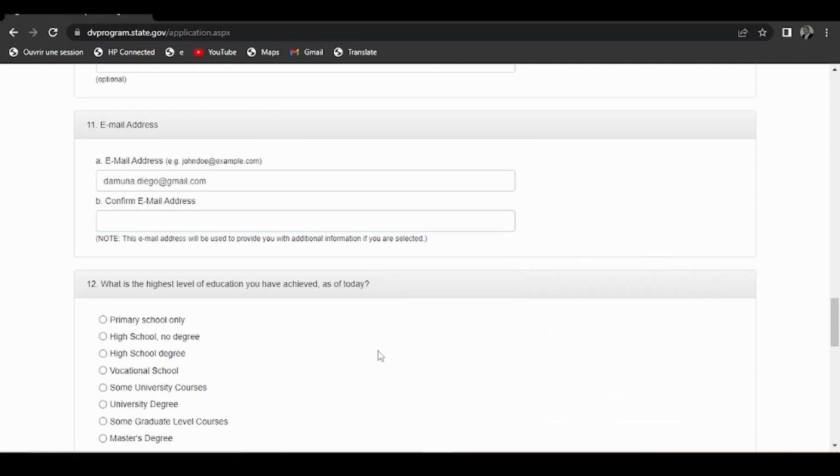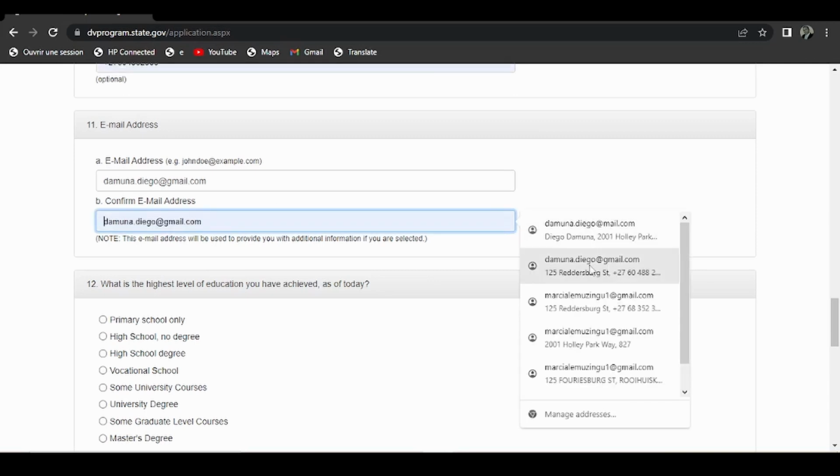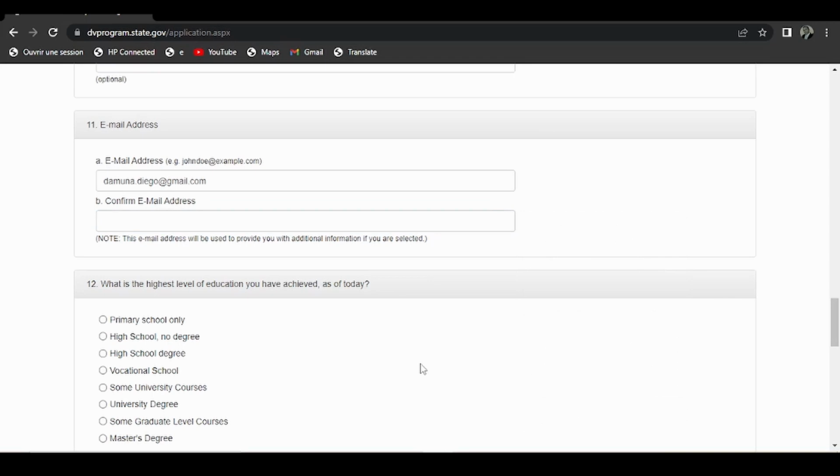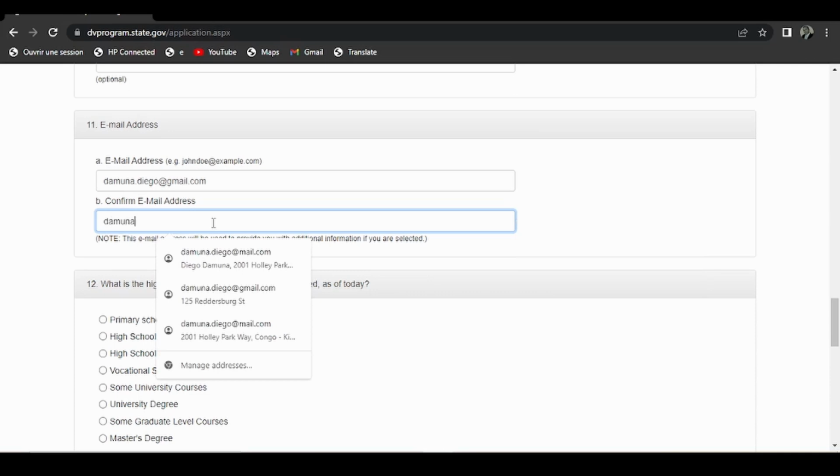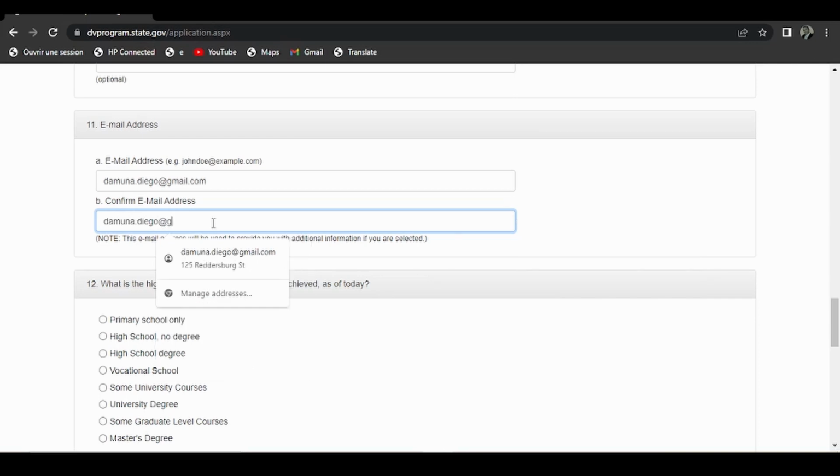If you are used to using the same address again and again, Google can even propose that you select your address. It shows here, but I would suggest you not go for that because you might make a mistake. It's good for you just to type it the way you know it. Okay, I'm going to type this one and then